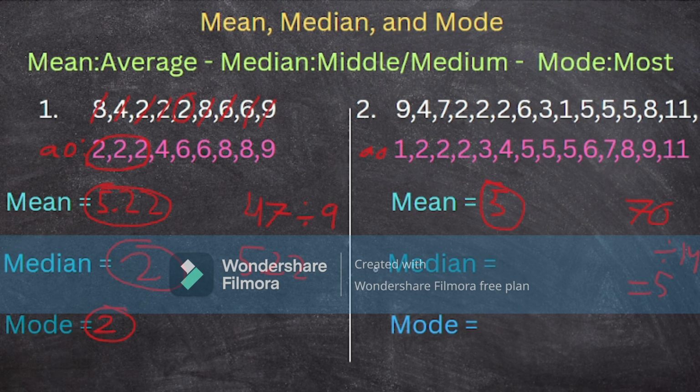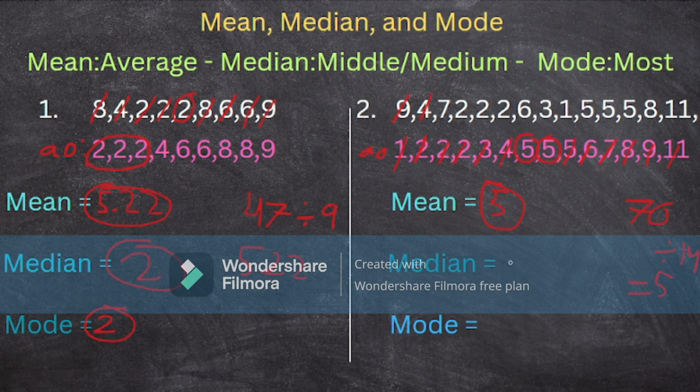Now let's get the median. Median is the middle number of our data set. So 1, 2, 3, 4, 5, 6, 7, and from the other end 1, 2, 3, 4, 5, 6, 7. So the middle is 5 and 5. There is nothing between them since it's the same number.